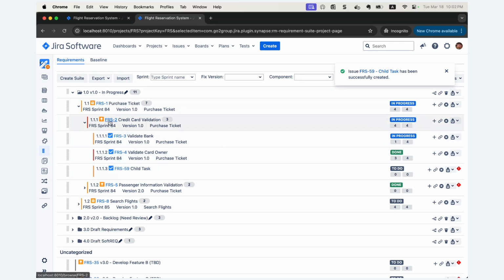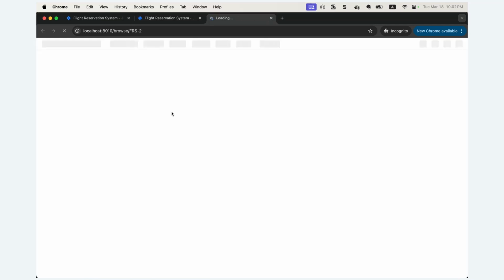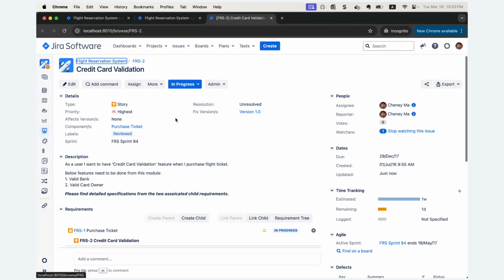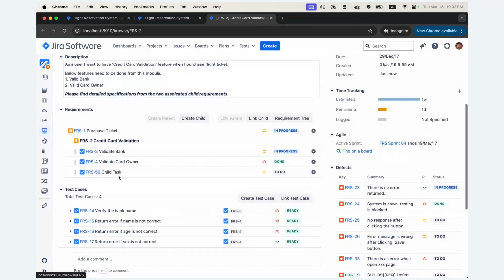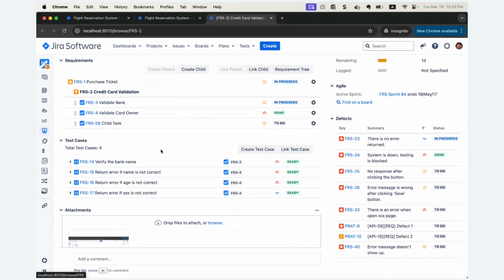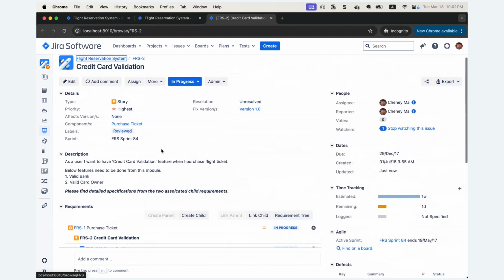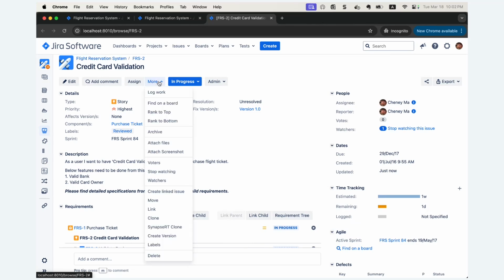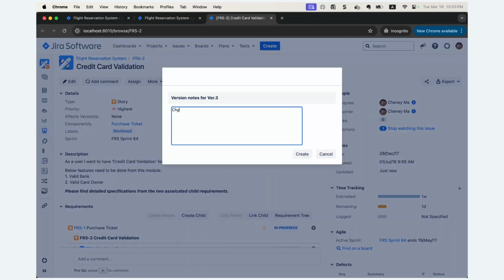Now let me go inside a requirement issue. I have my description, I have my parent and child requirements, and I have my test cases there. For requirements, sometimes we may need to create a version. For example, I have already reviewed. Now I want to create a snapshot of my requirement. You can simply go to this more menu and then create version